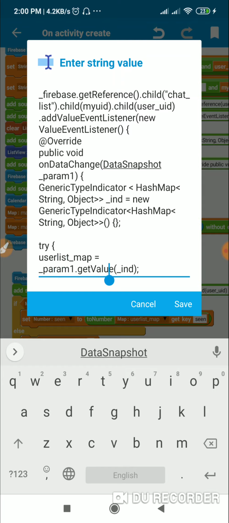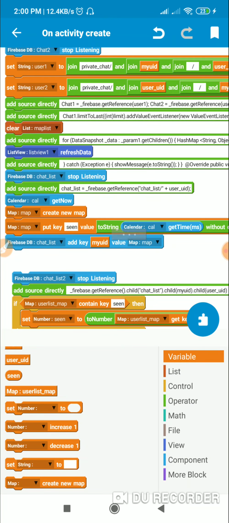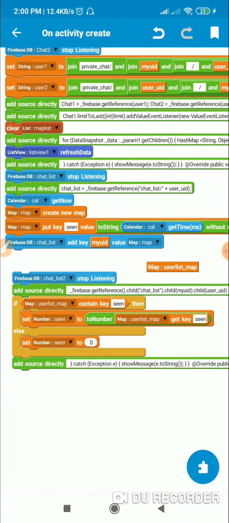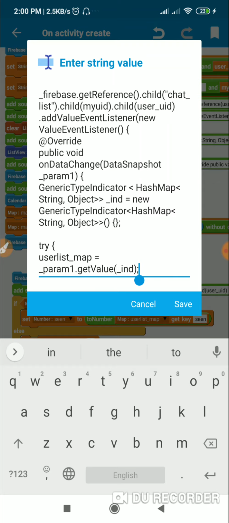I get the data of param1 to user list_map. Here I have created a map variable user list_map, and I get the data from the data snapshot into this user list_map.